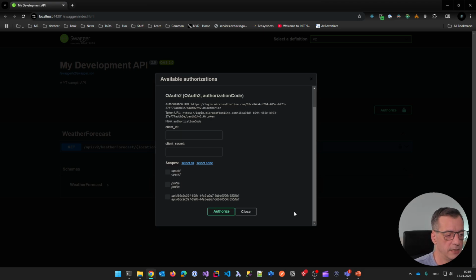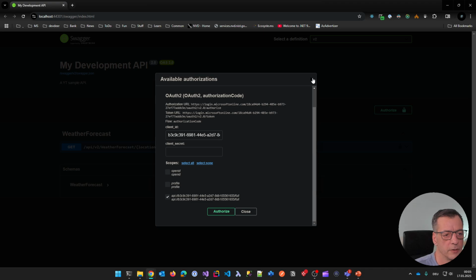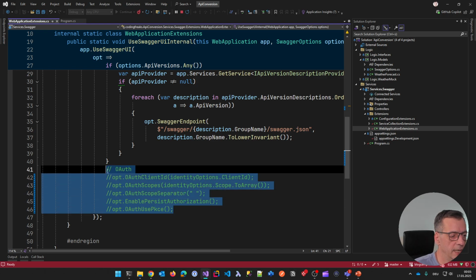Empty ID, but he has, weirdly enough, some information, like this information is there, but client ID is missing. And now, even if I add the client ID here manually, you could say, that's not bad. Let me add it here, hit the button, and it will not work. It will give you this AAD STS error, which is a proof key for code exchange is required, blah, blah, blah, for cross-origin. So it's not working pretty good. So that was my company login page. But if I add this again,